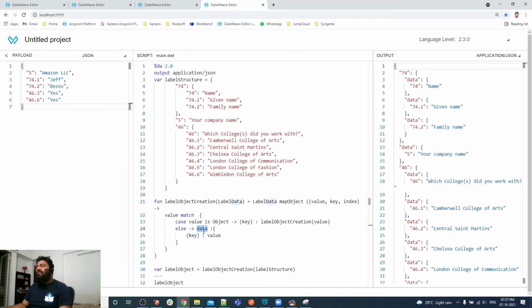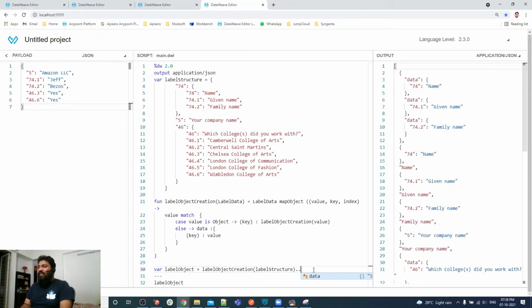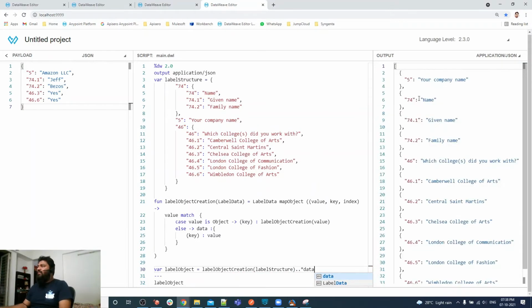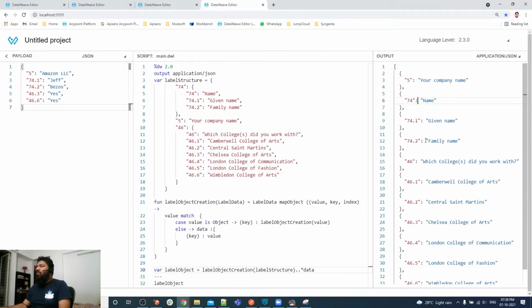As you can see, this is the data, and here I've used the bracket. This bracket is basically dynamic. Whatever value of the key, it will be populated dynamically. But as you can see, data I have not enclosed with the double quote, so it's basically hard coding data. So what is the benefit of this? I'm going to retrieve all key value pairs in a single label data. As you can see, those values are coming in a single label, all values.